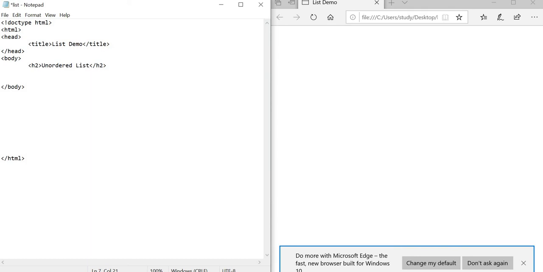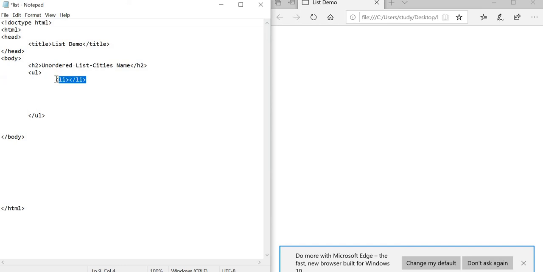Inside the unordered list I am going to give the cities' names. For an unordered list we need the tag ul, opening and closing. And the item present in a list is called a list item. For that the tag is li.